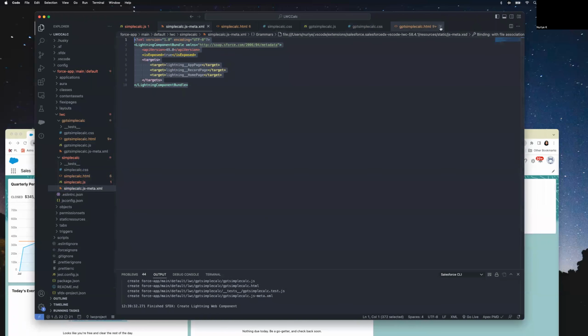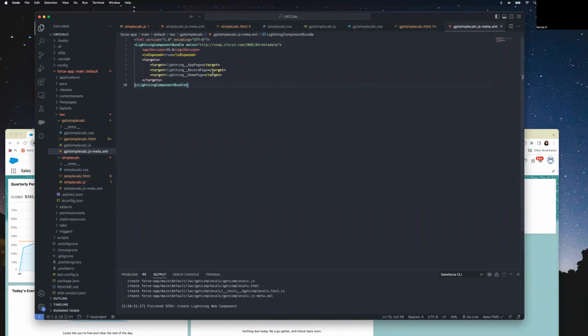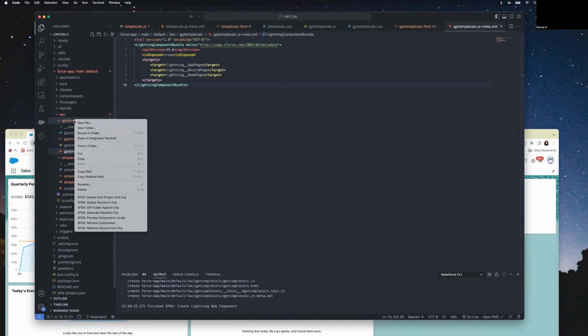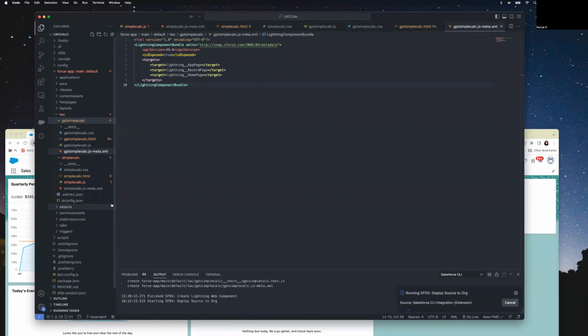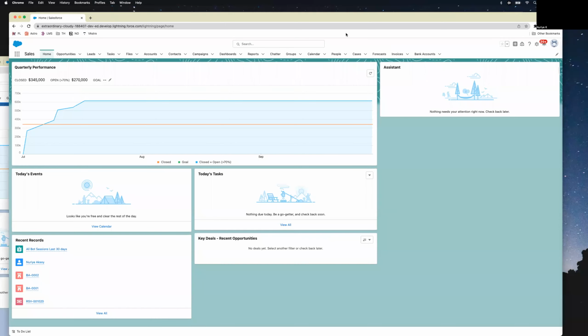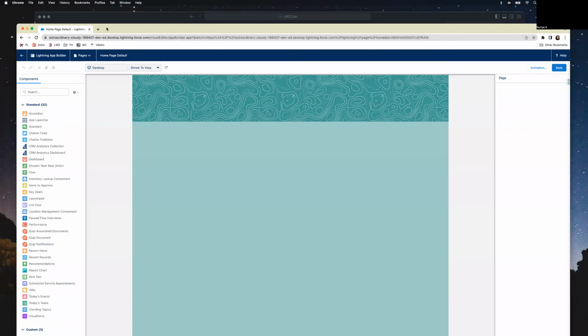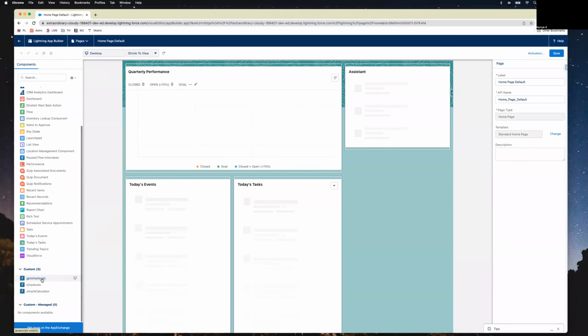Okay, we have to make this available for the user interface. So what I'm going to do now is deploy this. Deploy source to org. Okay, so it's deployed. Now going back to my user interface, I will edit my page and make the Lightning component available